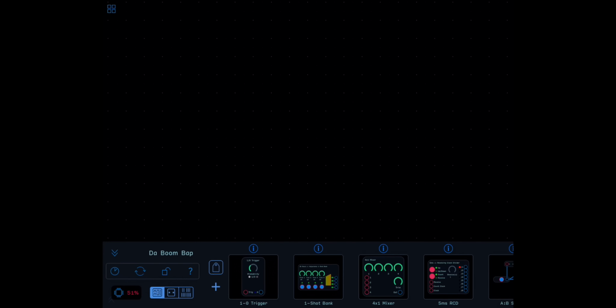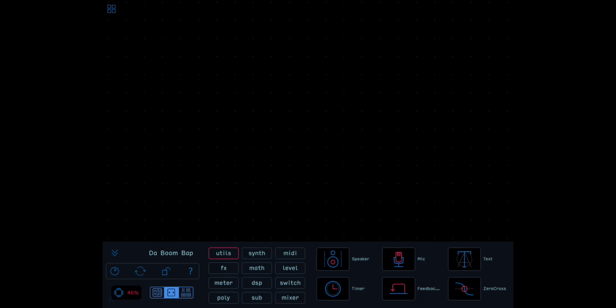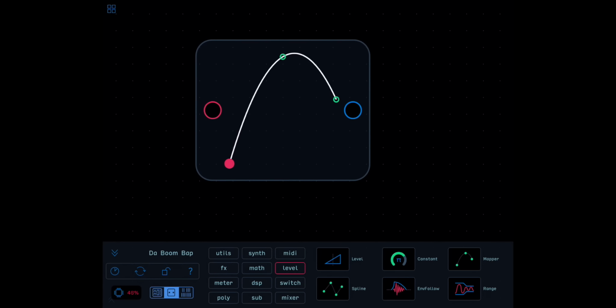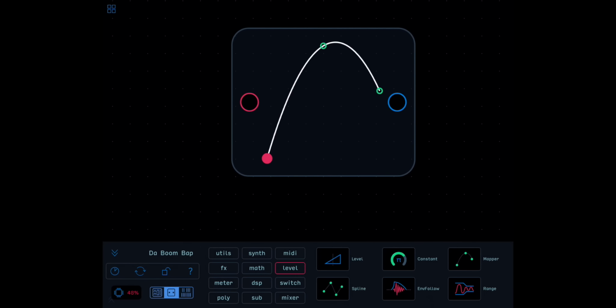So we're going to delete this one. And we're going to go to the nodes for here, and down to level. Let's do something more interesting. People are kind of confused about what the mapper does. So let's have the mapper and the,